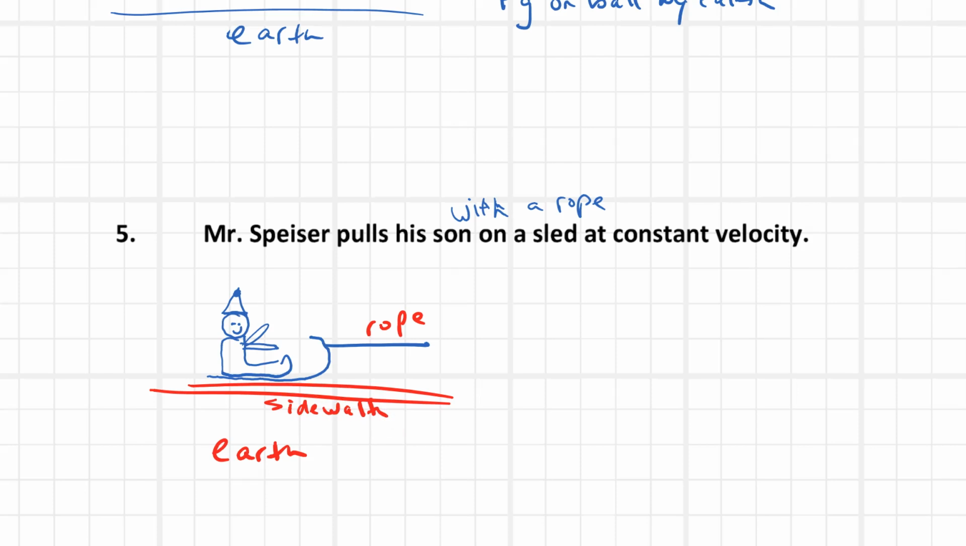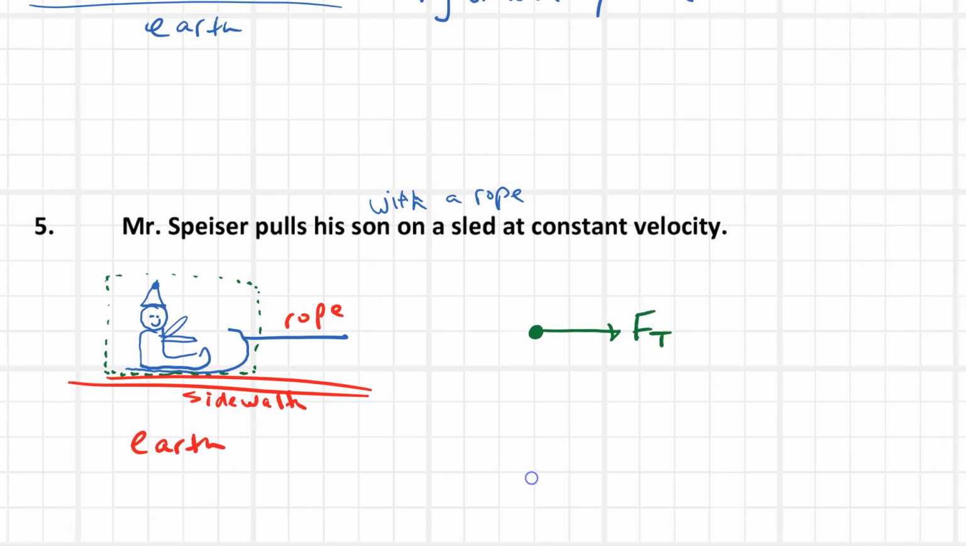Okay, so pick a color here. Pick green. What is the object that we're going to say? Well, I think instead of using only my son, I'm going to say that the object that we're interested in this case would be the son and sled. Okay, so here's the son and the sled. So what are all the forces and objects involved here? Well, I've got this rope pulling to the right, so this is going to be a tension force. Okay, on, how would I name this object? Son sled. Son and sled